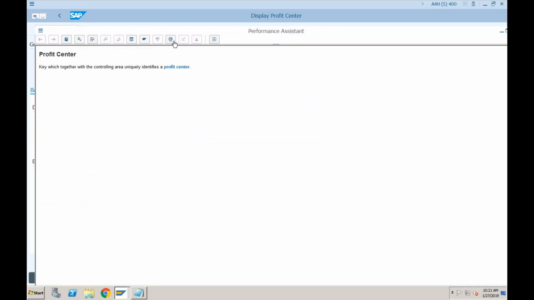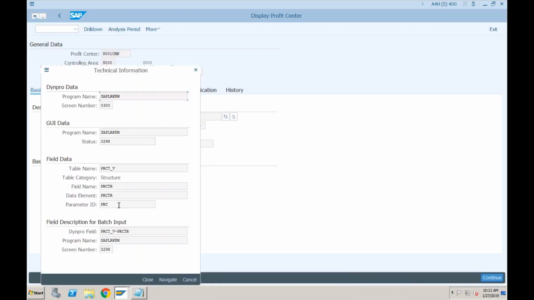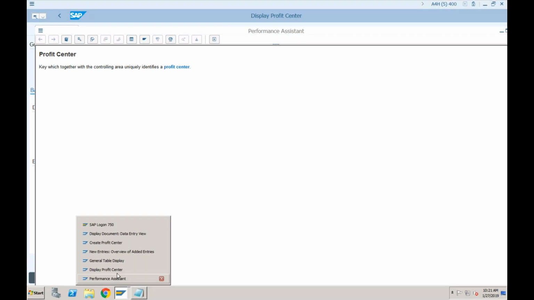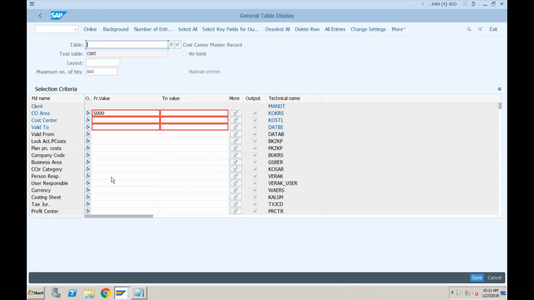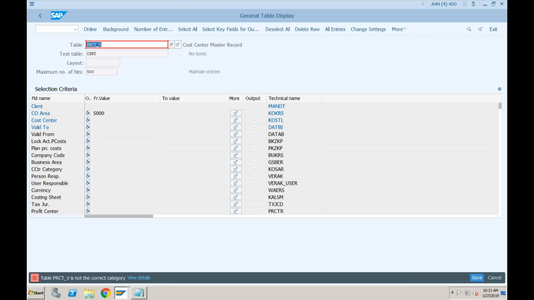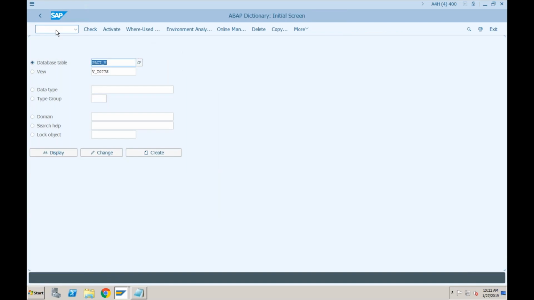In short, that is also the same. I'm just trying to show you, you will still be able to see that information as it is. Why is it showing PRCT view? Okay, let's go to the view first. Okay, this is a view.